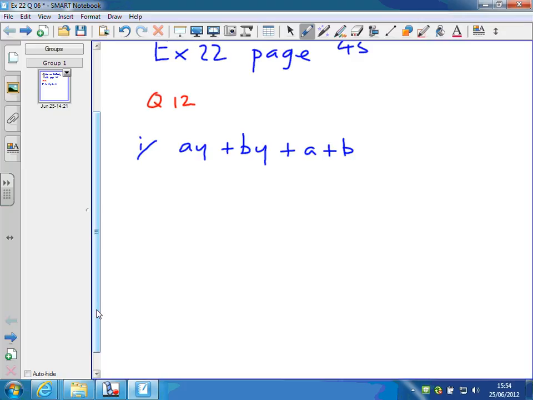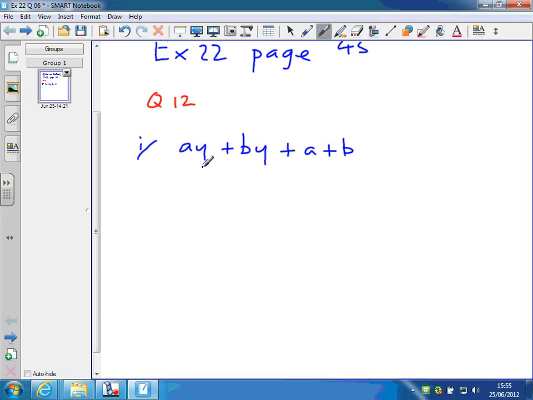Well, the y is not common to all four terms, but the y is common to the first two terms. So I couldn't take the y outside a bracket and leave something in with four terms inside, because there's no y in here. I can't take a outside because there's no a in this term or this term. I can't take b outside because there's no b in this term or this term. So there's no symbol that's common to all four terms, but there is a y that's common to both of